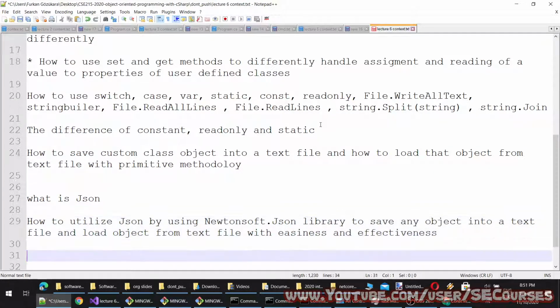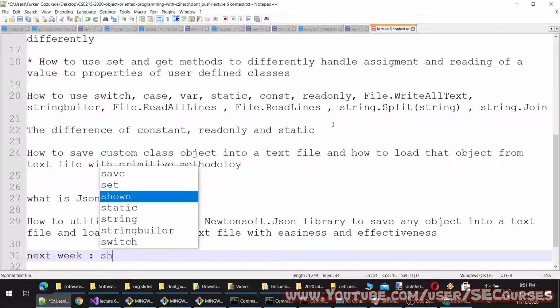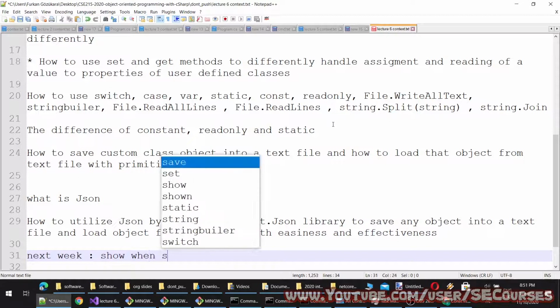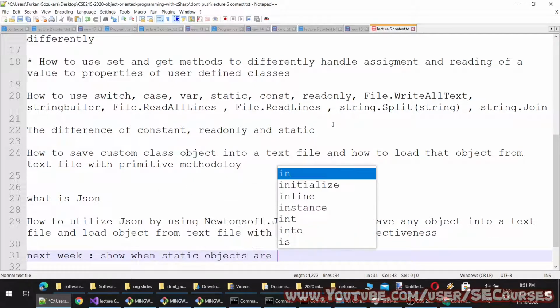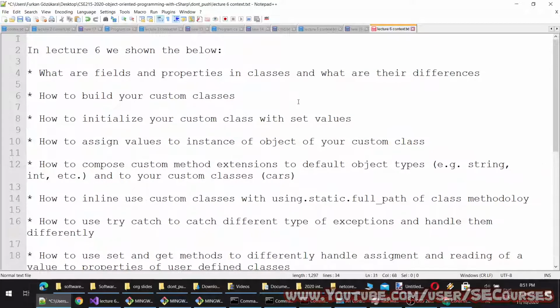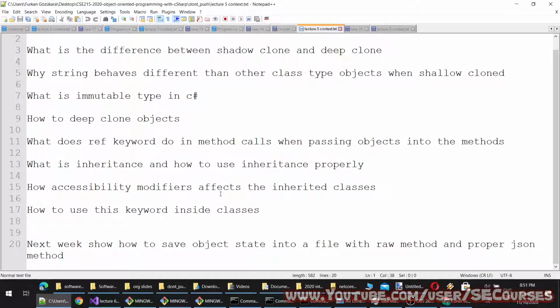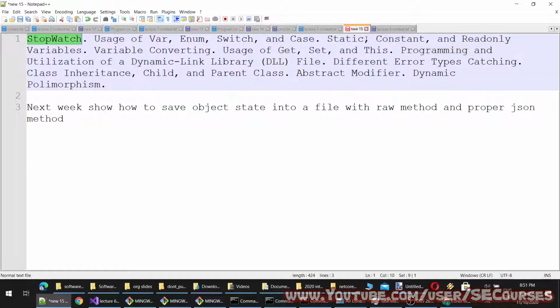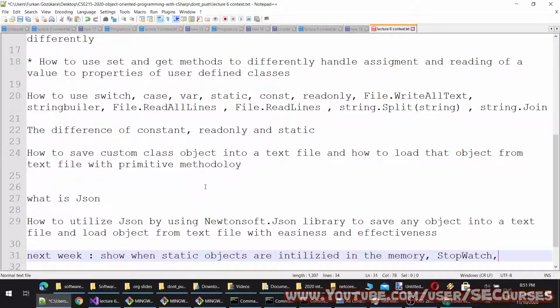Okay, and for the next week, show memory, and what else do we need? Stopwatch. I haven't shown it, I guess.